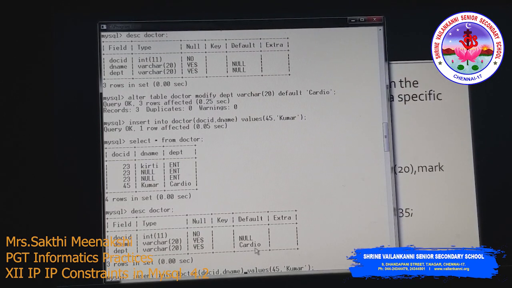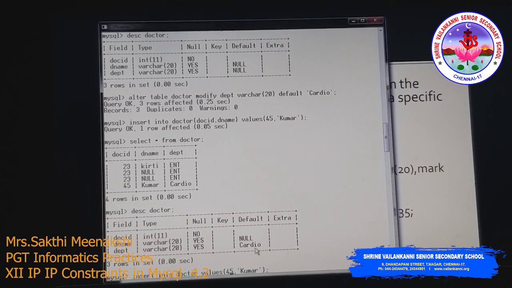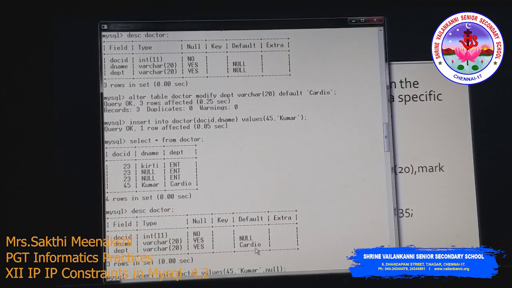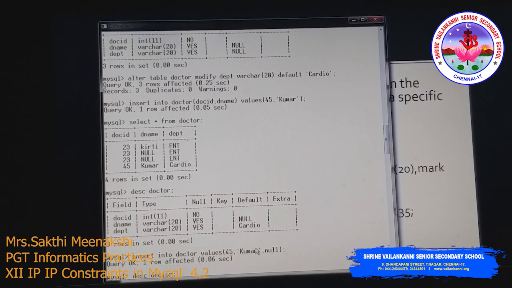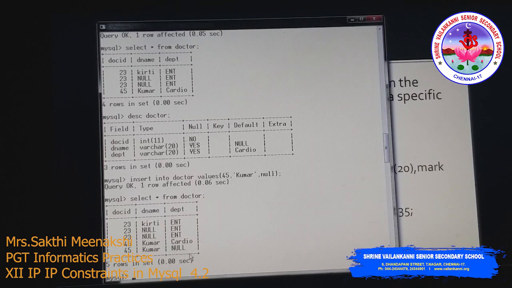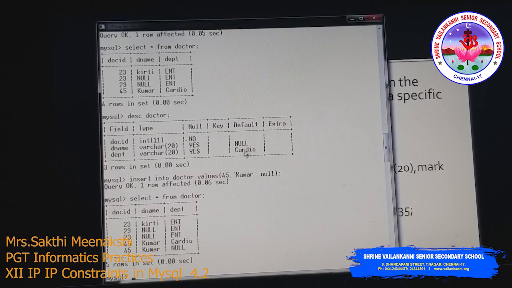Instead of this one, I am providing the null value here, explicitly giving null. In this case it accepts the null value, so null is inserted. If you explicitly give the null value, it accepts null. If you don't provide a value, then the default value we gave for that column will be used.